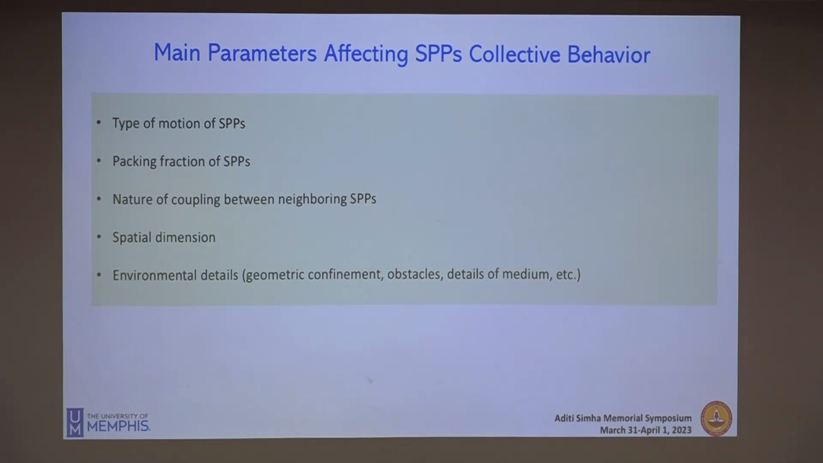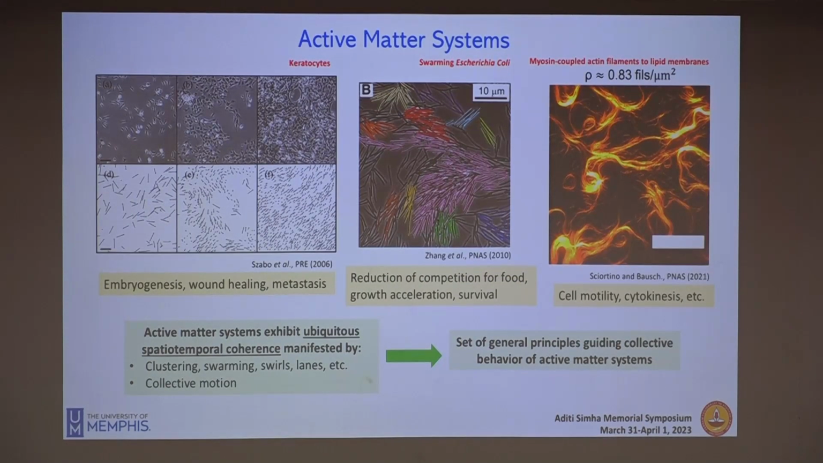The parameters that affect the collective behavior of self-propelled particles are the details at the unit level, the details of the motion of the particle. Of course, packing fraction or density is important. The nature of interactions or coupling between neighboring particles is also important. Spatial dimension can be important. And another parameter that is very important is the